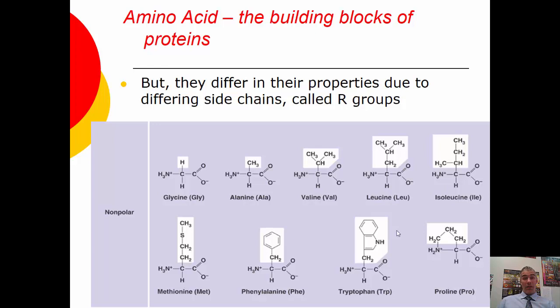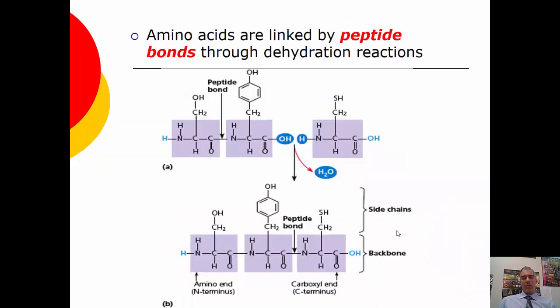Because they're nonpolar, they're hydrophobic, and thus they want to be away from water. And that'll become important when we talk about how proteins fold and determine the shapes that they are. So amino acids also have polar ones as well. Those would be hydrophilic, and those would probably want to be around water. Okay? So amino acids are bonded through something called the peptide bond, which is essentially how the amino acid bonds